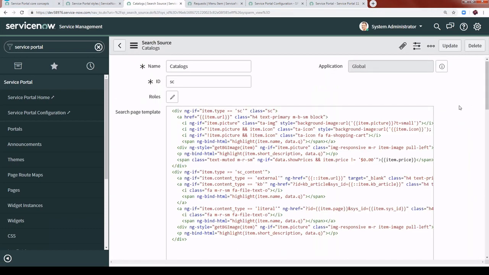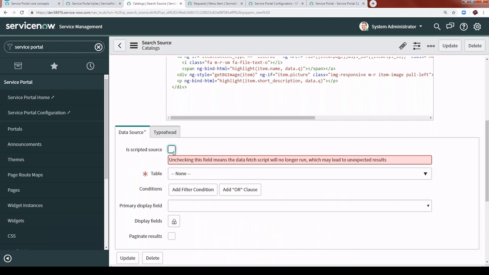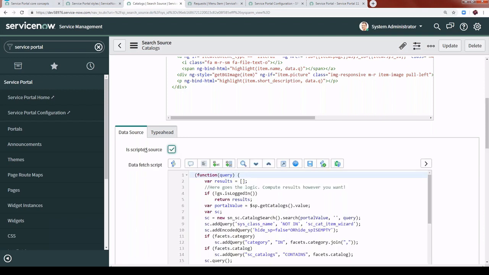In this search source, we'll see that by default it is selected as scripted source. Whenever you select the scripted source, this checkbox and this script part automatically come. If I uncheck it, this box is not coming. So whenever you are selecting the is scripted source,